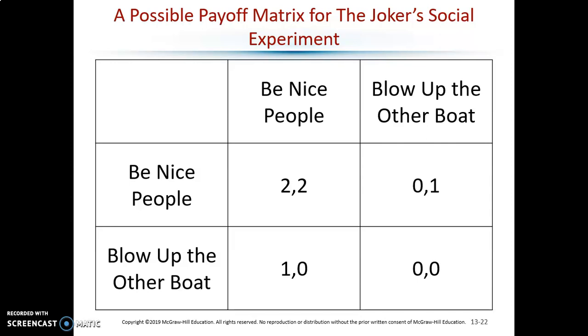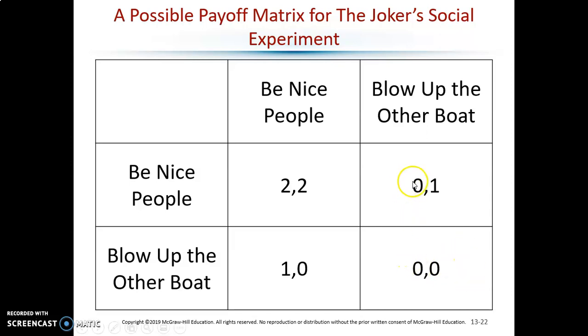So, applying this to the Joker's social experiment, there are a lot of ways you can set this up, but the important thing is that if everyone blows everybody else up, we basically saw them emerge here where nobody blew anybody up, and this might be the set of incentives that they faced. If everybody blows everybody up, everybody's dead, you don't get a payoff. And we can get into non-economic discussions about what happens after death and how you die, and maybe you do get a payoff. But as far as rewards here in life, you're dead, you don't get anything else,